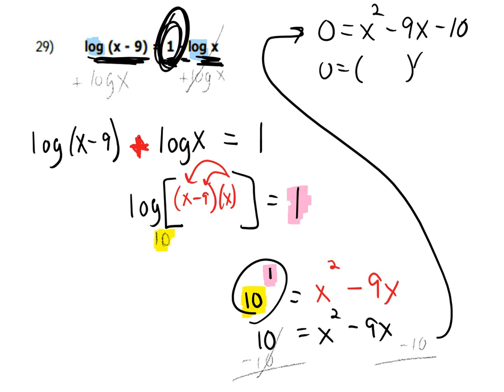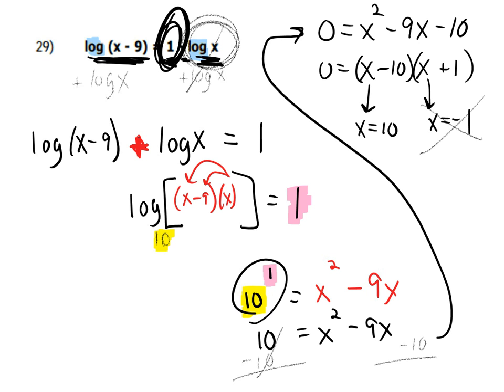Yes, that factors to be an x and an x for x squared. I need 2 factors of negative 10 that'll add up to negative 9. That'll be a negative 10 times a positive 1. Negative 10 times positive 1 is negative 10. And when you add them together for outsides and insides, you get the middle term of negative 9x. So, one of my possible answers is x is equal to 10, and the other possible answer is x is equal to negative 1. But this one can't happen because right here, if you take log of a negative number, that's a problem. So there's only one answer. It's x equals